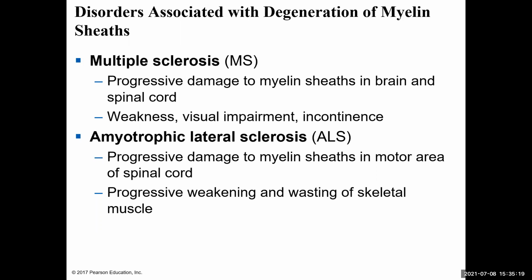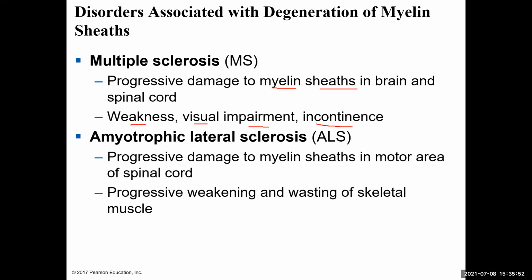One is MS, multiple sclerosis. The other is amyotrophic lateral sclerosis, also known as ALS. And with MS, you basically get damage to the myelin sheaths in the brain and the spinal cord. And as you get damage to those myelin sheaths, you lose efficiency in how your action potentials are transmitted. And so you can get the feeling of weakness, visual impairment, because those signals aren't sent efficiently anymore, and